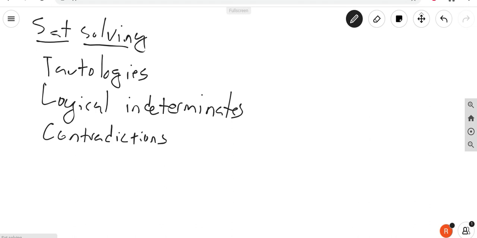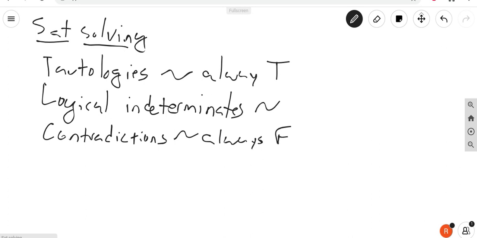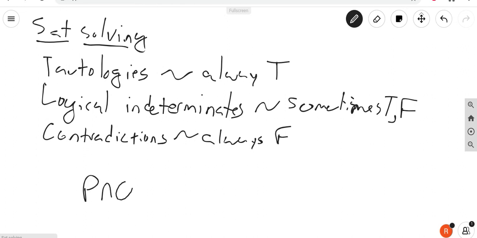So the way that we said that we define these things is tautologies are always true, contradictions are always false, and logical indeterminants are sometimes true, and sometimes false. And so if you wanted to decide whether or not a given formula, say P and Q